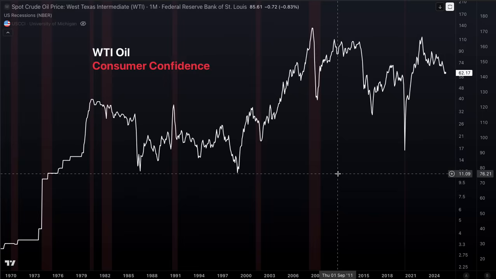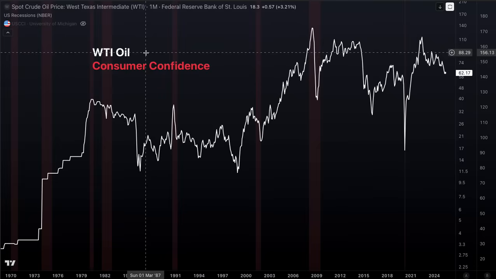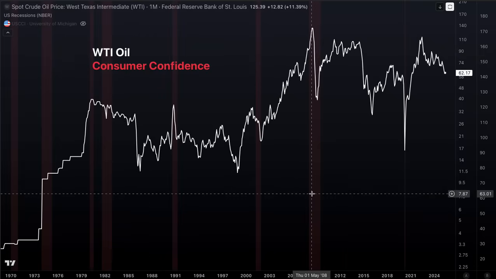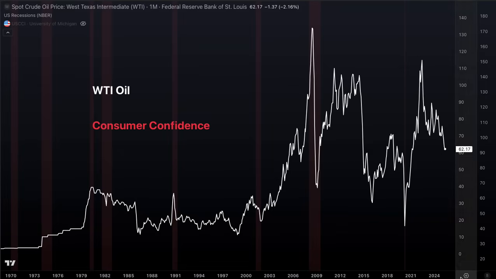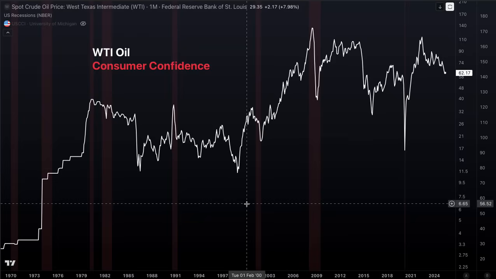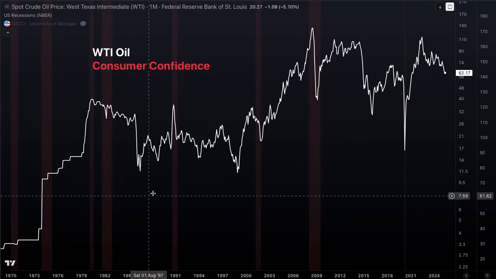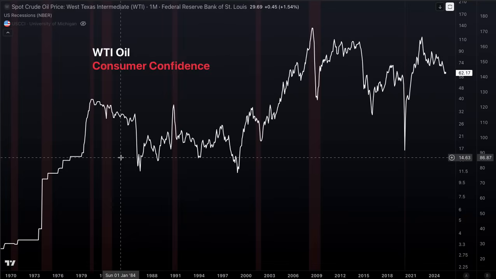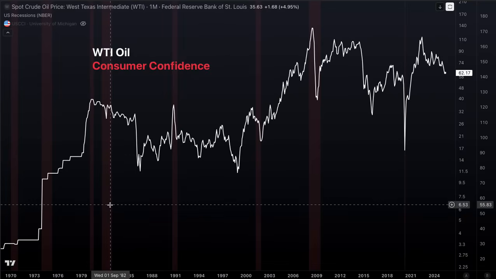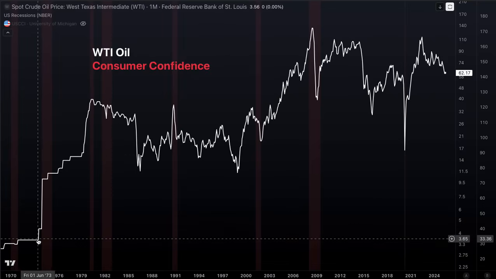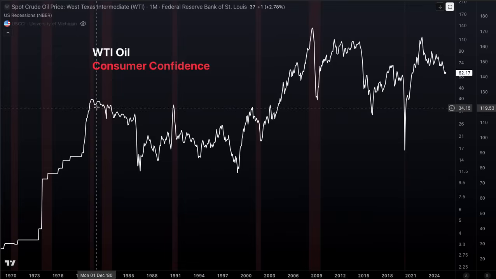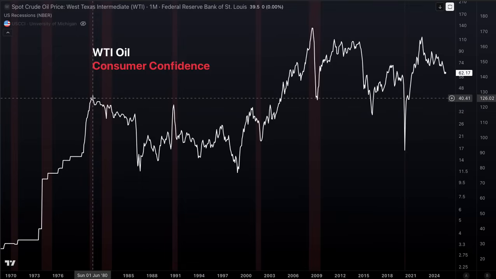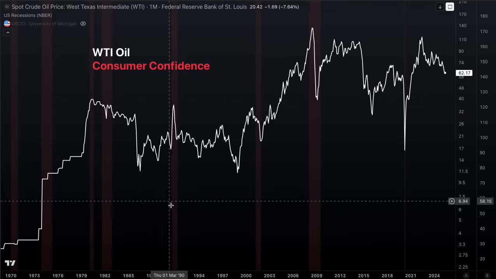And so here is one of the causes of a recession. WTI oil, West Texas Intermediate oil. This is in logarithmic form. I will show what regular scale looks like, just so people have a bearing. I think logarithmic is important because it can show us the real degree of a move upward. And what we can see is that oil spiked before the 74 recession. Oil spiked before the 80 recession. It went from $15 a barrel all the way up to $40 a barrel. It's almost a 3x increase.